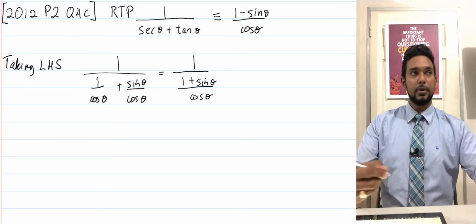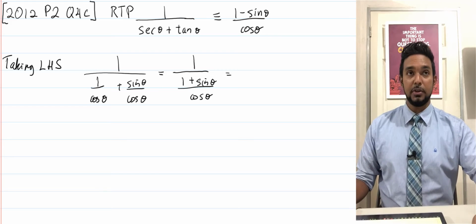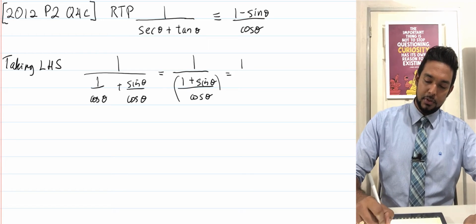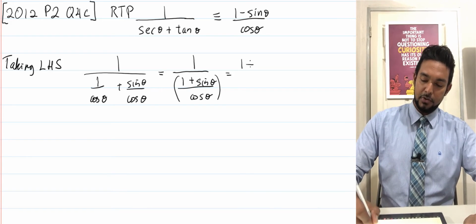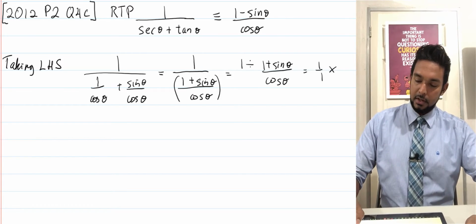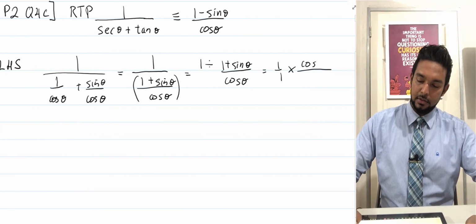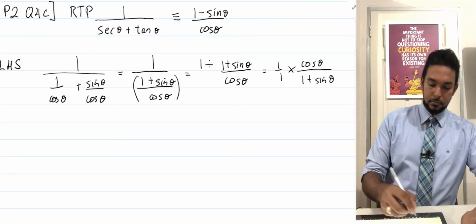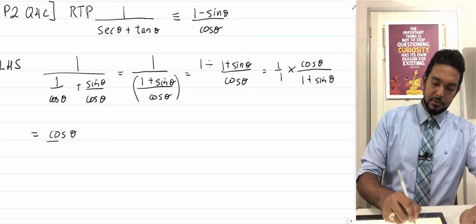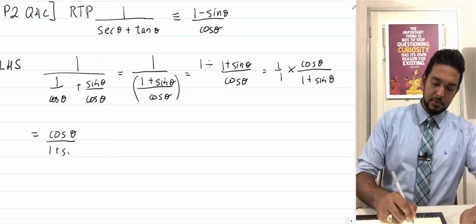And of course, we know 1 over a fraction will cause us to invert the fraction. If you want to see it in detail, you can take the numerator, and the understood operation between numerator and denominator is division. So we're dividing by 1 plus sine theta all over cos theta. And when you're dividing with fractions, what's the protocol? You change divide to multiply, and what do we do to the divisor? We invert it. Now we have just come to a point where we have cos theta over 1 plus sine theta,